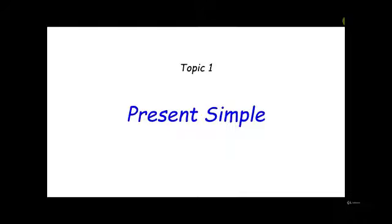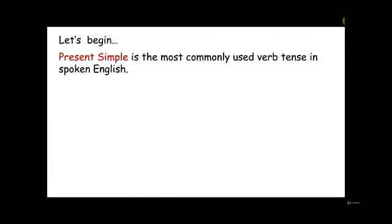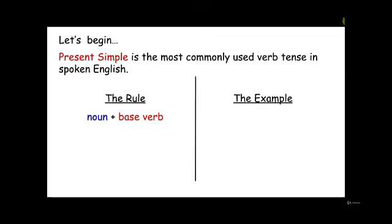Topic 1. Present Simple. Let's begin. Present Simple is the most commonly used verb tense in spoken English. The rule: noun plus base verb. The example: